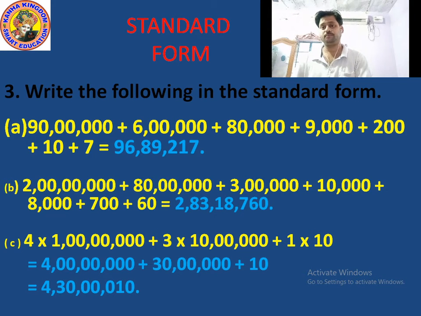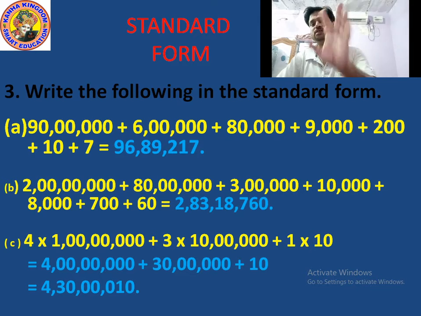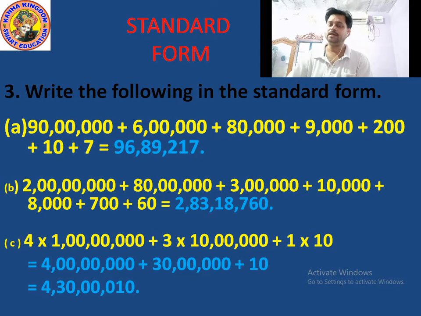Now in ones period, how many place values here? 3 place values, that is ones place value, tens place value, and 100 place value. Okay, any number in 100 place value? Nothing. So again you just put 0. And in tens place value you have any number? Yes. Which number? 1. So you just put 1. And in ones place value, yes, 0. You just put 0.